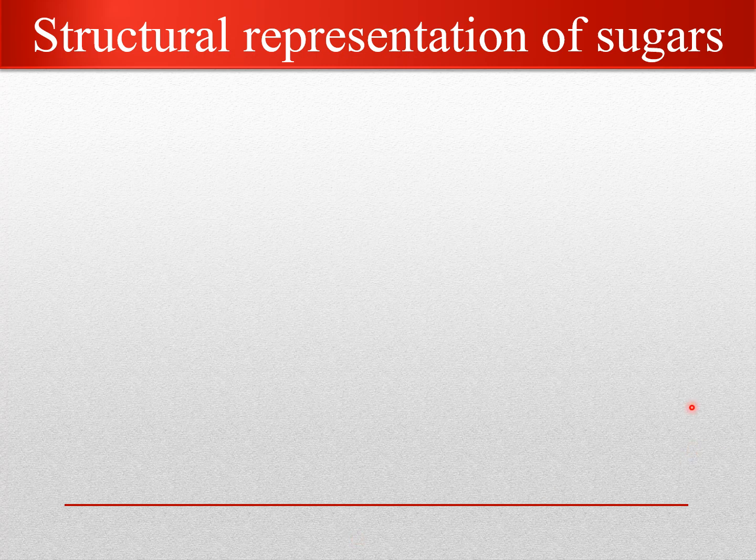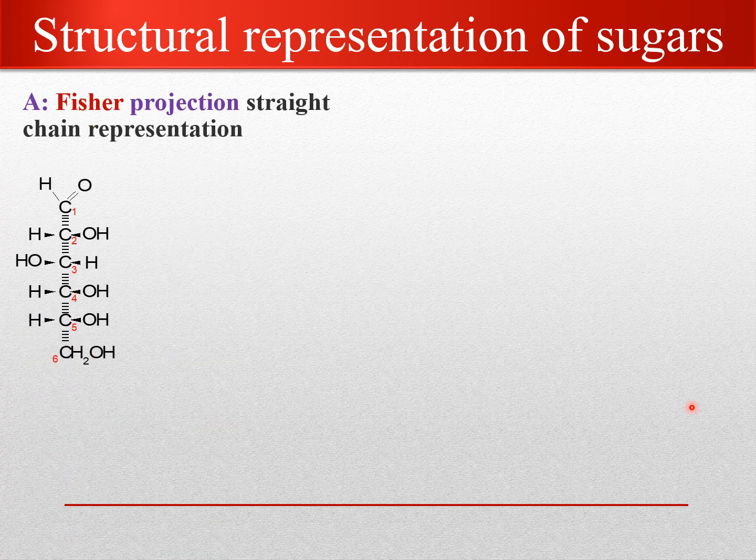In this slide, a number of things are going to be described to you. The first thing is about Fischer projection as compared to Haworth projection or Haworth structure. Fischer projection is for something acyclic or straight chain as shown here. So this is 6-carbon glucose where it is now in acyclic structure, opened up without a ring.